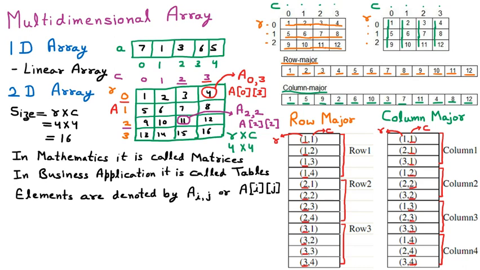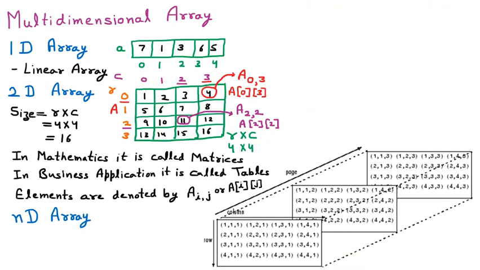Just like in the 2D array we have rows and columns, similarly in the 3D array we have rows, columns and their width also. So there will be three parameters. Just like here we have R cross C, there will be R cross C cross H. Similarly we have 4D array, 5D array. All these arrays come under the ND array. So now we are learning the ND array. 3D array, 4D array, 5D array are part of the ND array. But we must know one thing: in practical implementation, only 1D and 2D arrays are used. ND arrays are not used much in practical implementation.